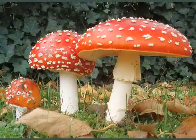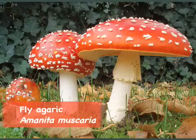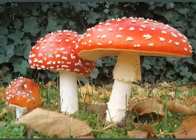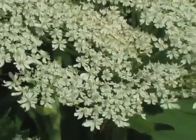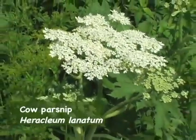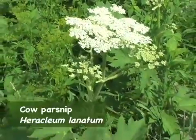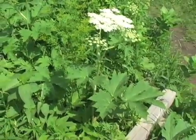In fact, the early Kamchatka ales that were produced in Siberia with Amanita muscaria, the great fly agaric, they would take the dried fruiting bodies of that particular mushroom, combine it with the stems that are rich in sugar of fireweed, the stems of cow parsnip, Heracleum lanatum, which are also very rich in sugars, in fact were used for years as part of beers in Czechoslovakia and Hungary, and unripe blueberry, the Vaccinium uliginosum,